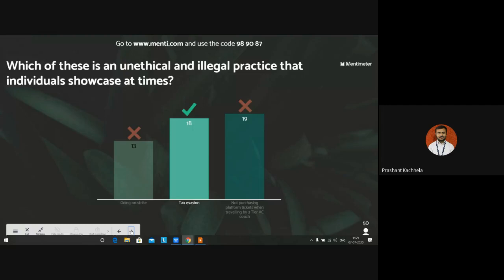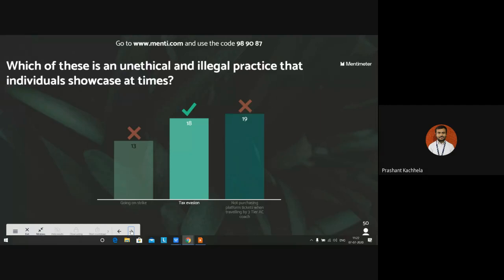Secondly, there were many freedom fighters of India. They had strikes while we had the British government here in India. Gandhiji was doing it. We cannot consider that Gandhiji was unethical. So going on strike is not unethical as well as not illegal. You can do it. You can do the protest.